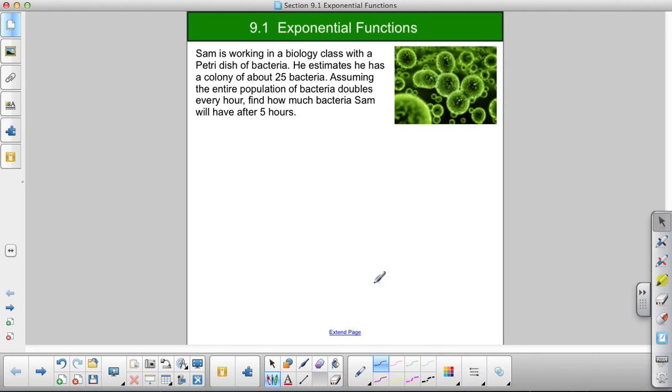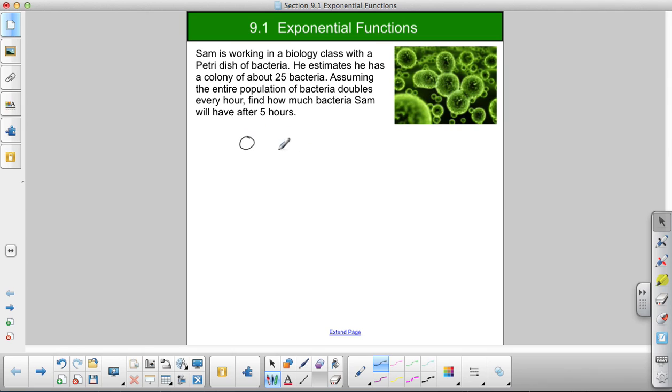Sam is working in a biology class with a petri dish of bacteria. He estimates he has a colony of about 25 bacteria. Assuming the entire population of bacteria doubles every hour, find how much bacteria Sam will have after 5 hours. Okay, so this is a representation of an exponential function. And if you didn't know what an exponential function was, you would have just probably figured this problem out by